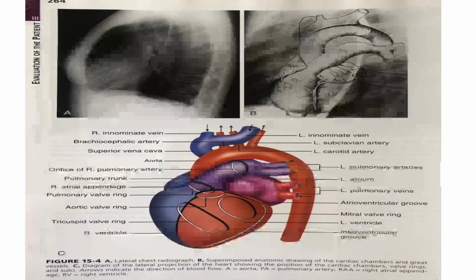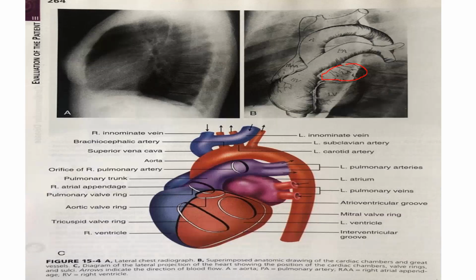This is a picture depicting the lateral view of the heart on the X-ray. As we can see, the left atrium is situated more posteriorly. Hence, any enlargement in the posterior region on the X-ray suggests a left atrial enlargement. The anatomy also shows that the left ventricle is situated more posteriorly compared to the right ventricle, and the right ventricular outflow tract here with the pulmonary artery, and the arch of the aorta going from the front all the way to the back.